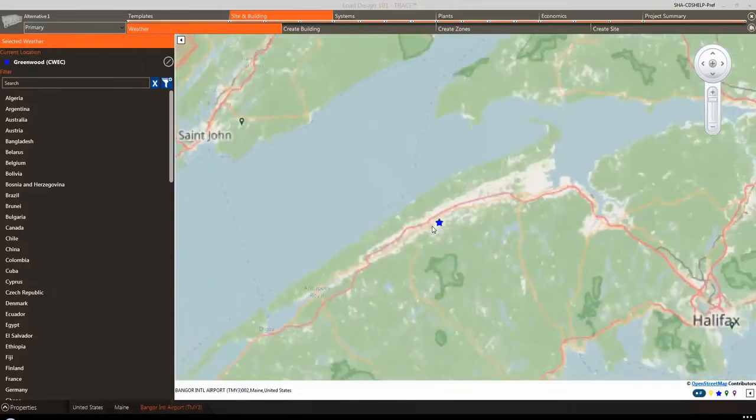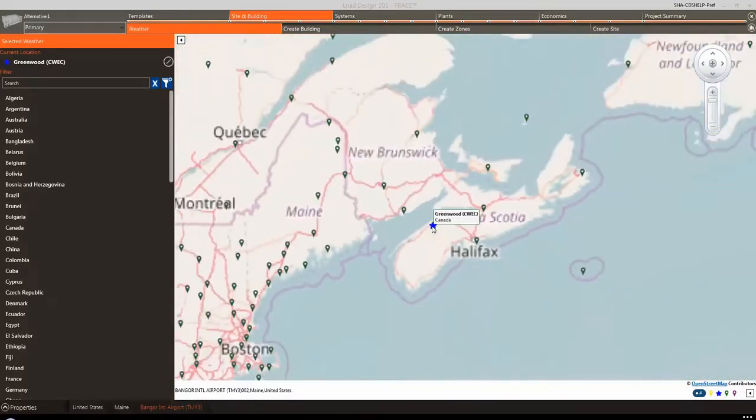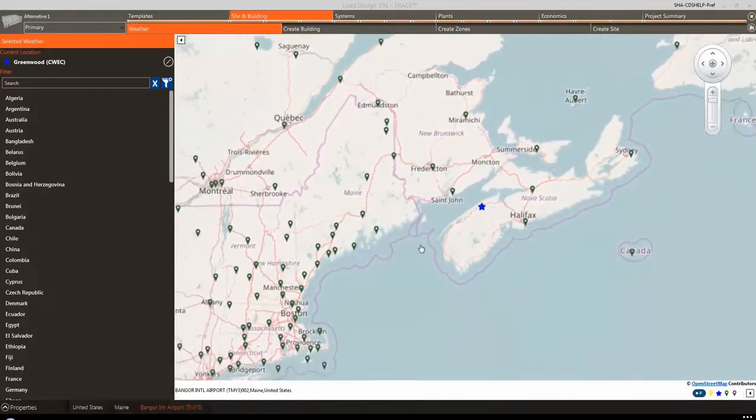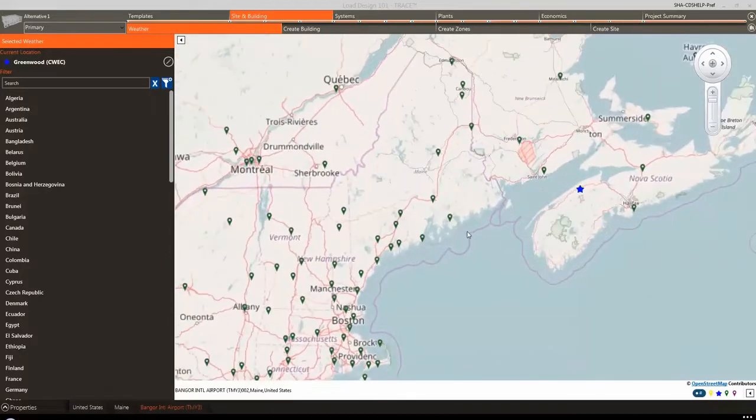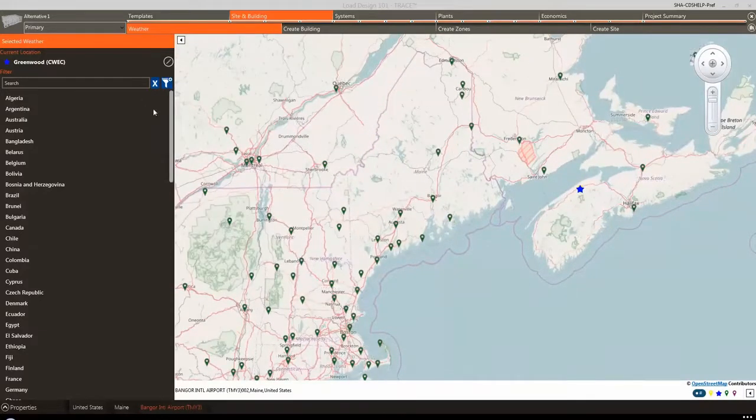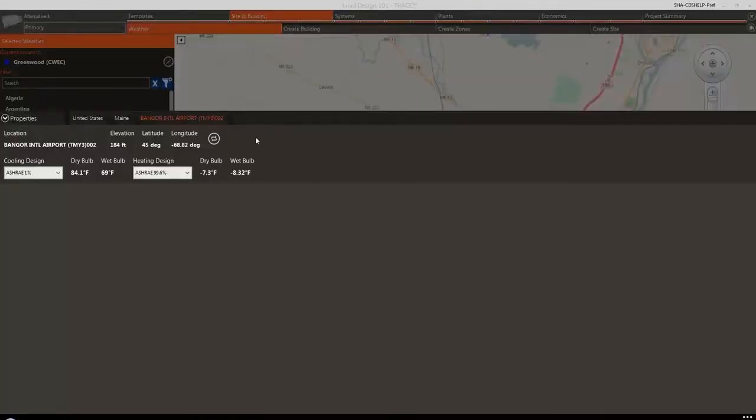Locations can be found on the map by zooming in or out with the mouse scroll, or by using the search or filter tools in the tree to the left. If we click on any location, the weather properties will automatically be displayed. To change the location, click on the Replace Weather Location button, which will cause this location to become the new